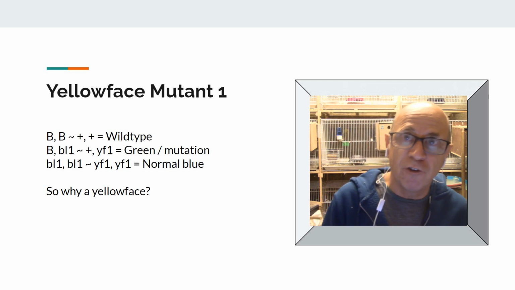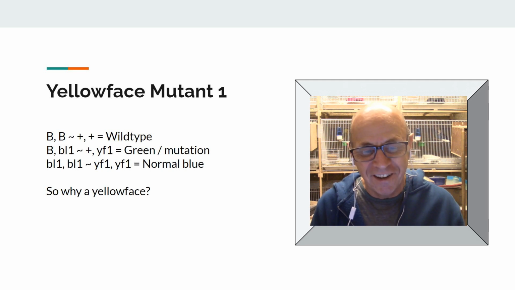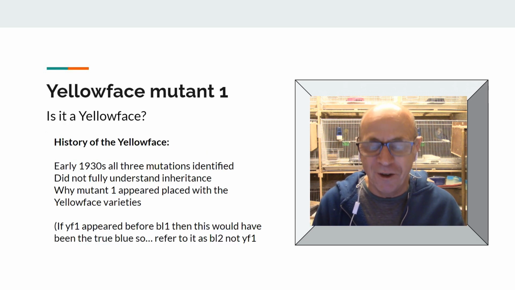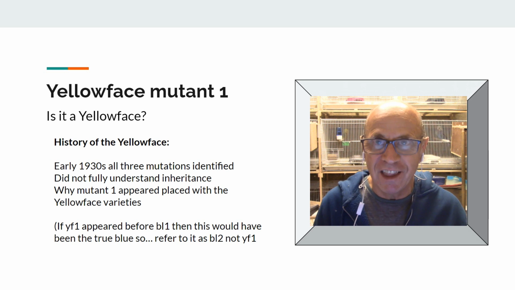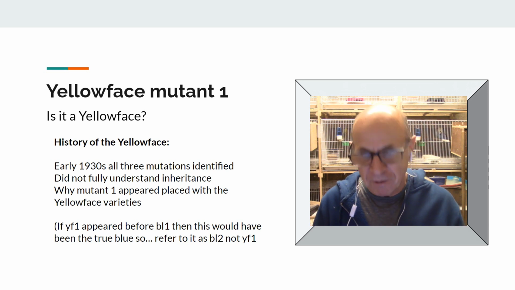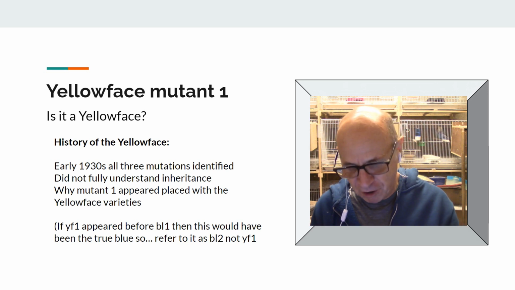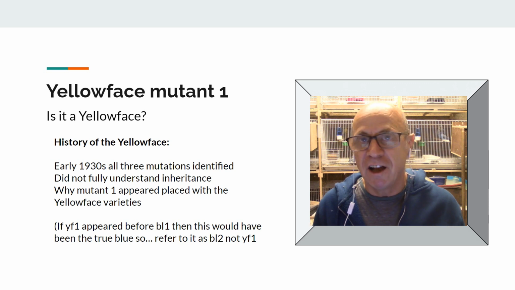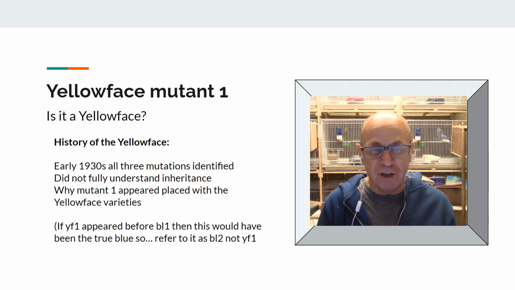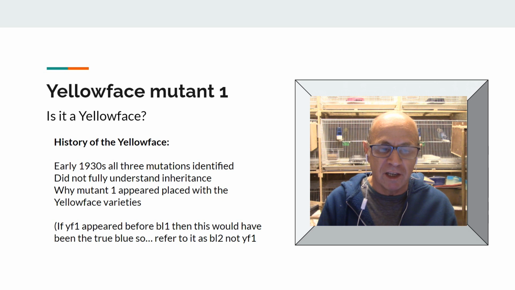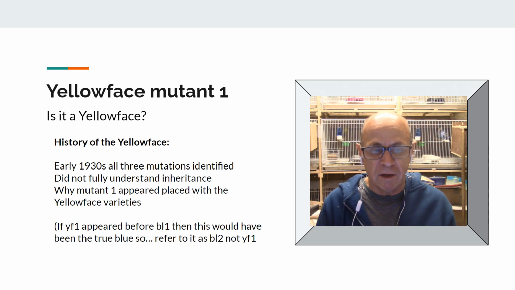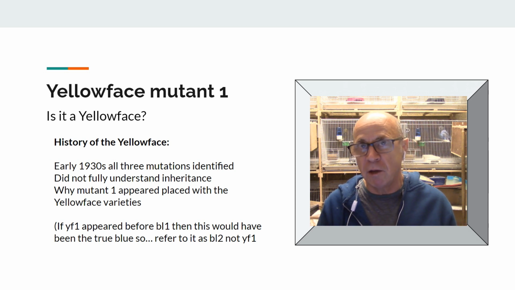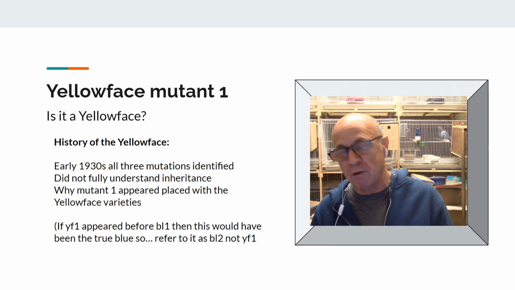So the question therefore is, why do we consider the Yellowface Mutant 1 as being a yellowface and not a normal blue? Well, like I said, it goes back to those very early days when those early breeders didn't understand how the Yellowface Mutant 1 was being produced. So of course, when it appeared in people's sheds, they assumed it was a true yellowface and lumped it in